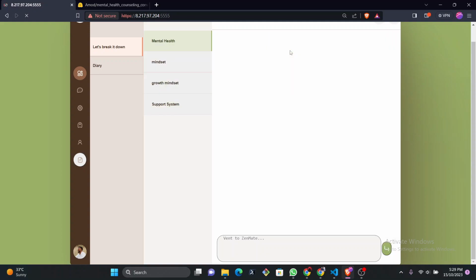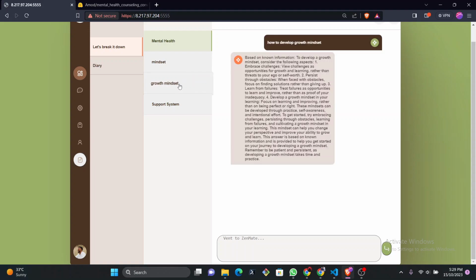We can also see, for example, there is one about growth mindset, how to develop a growth mindset, that I asked it earlier. Just in the interest of time, we can see the response, and there is a 7 or 5 point plan on how to develop a growth mindset.